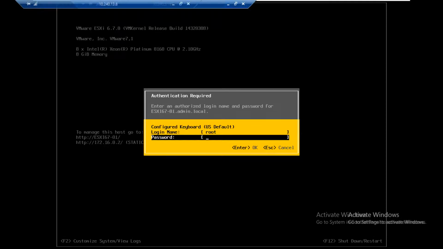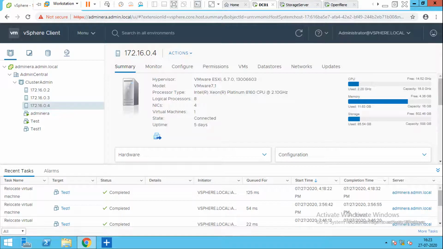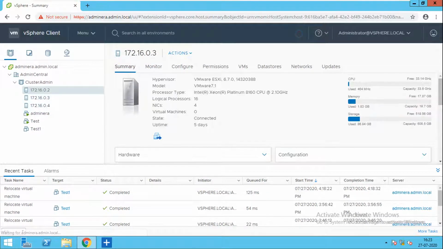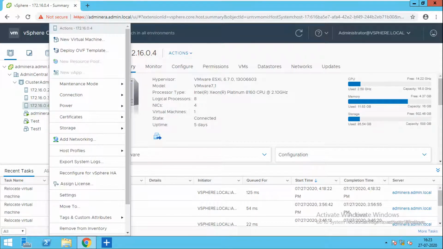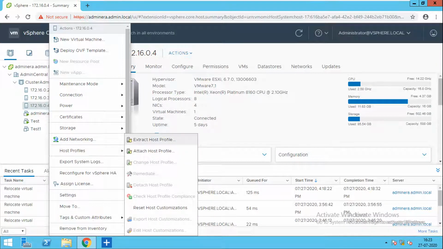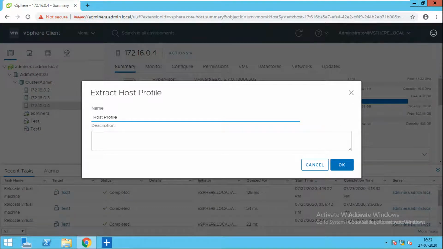So I'll go to the vCenter server, since I'm not able to log in with the root credential. I'll right click on the host, go to host profile, and extract the host profile. The name is change password, and the description is change password.